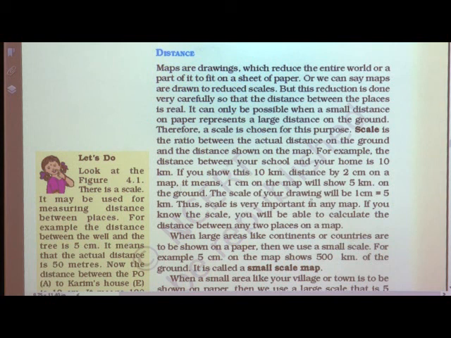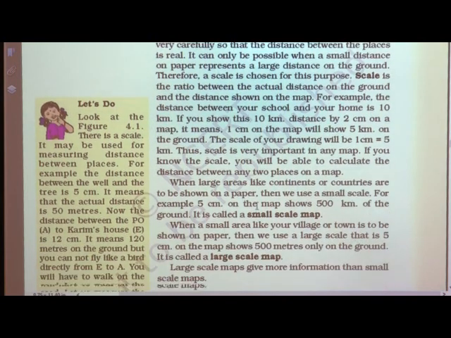Thus, scale is very important in any map. If you know the scale, you will be able to calculate the distance between any 2 places on the map. When large areas like countries and continents are to be shown, then we use a small scale.